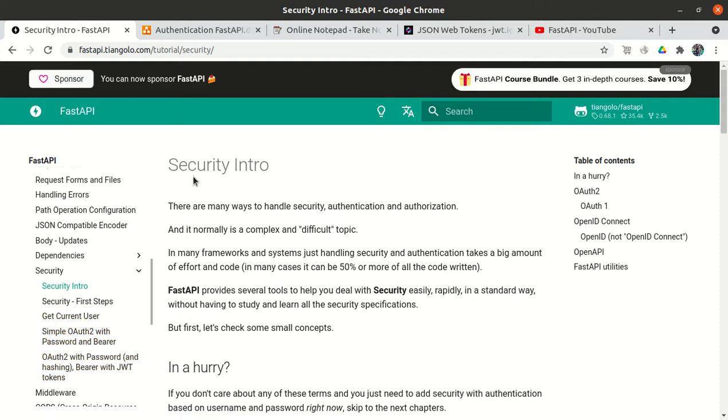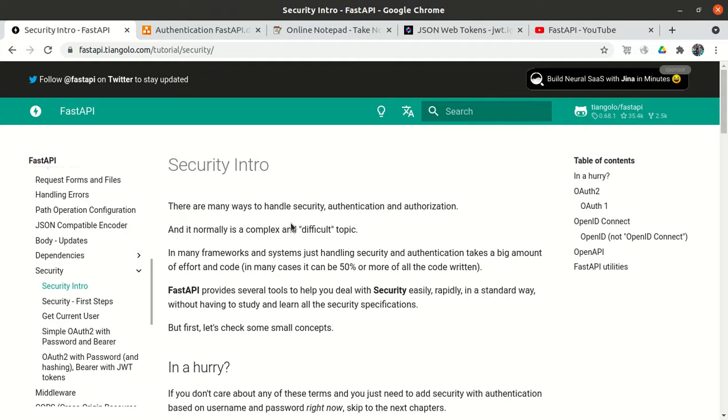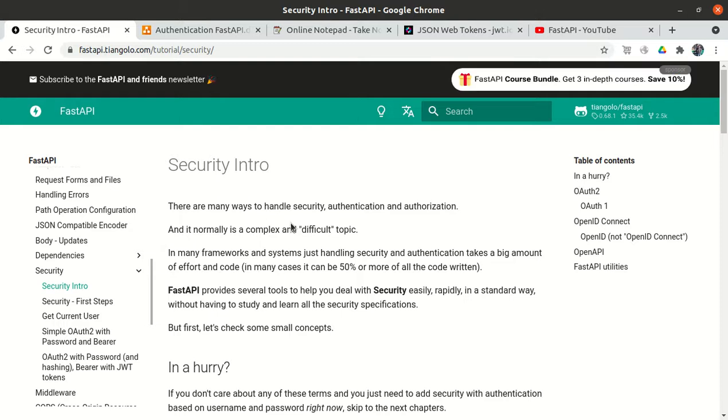Before that we have to understand some basic terms, because if you understand the basic terms, the code is really very easy. If we know the security concepts, what is OAuth, what is JWT, and how the flow works, then anyone who knows Python can write that code. So it's not rocket science.